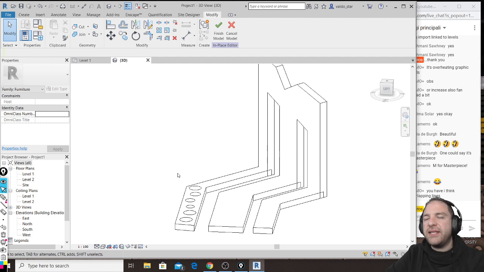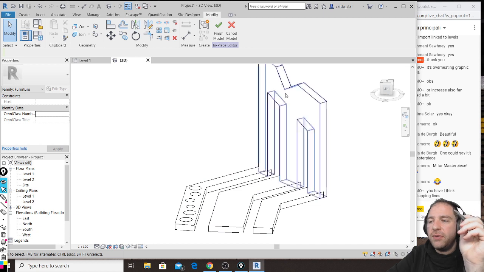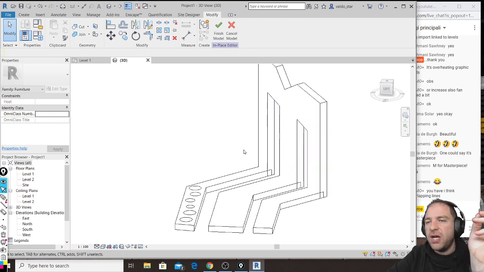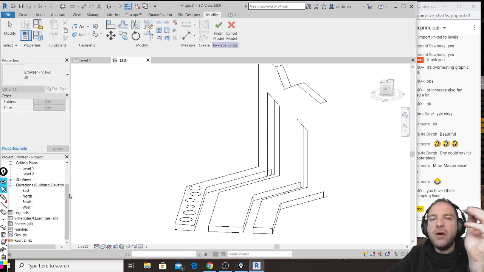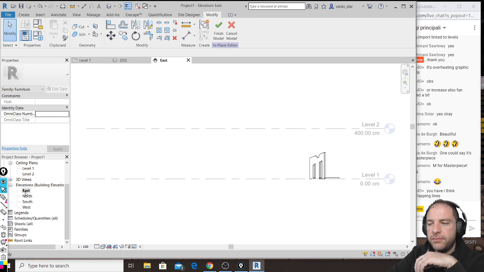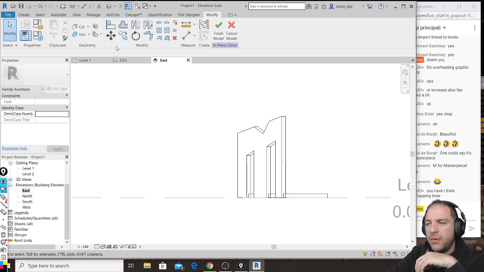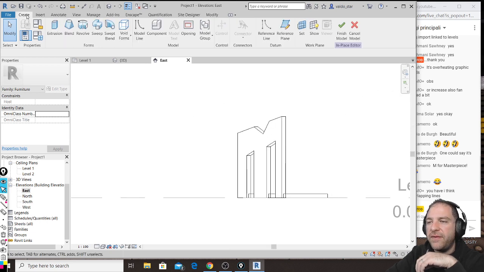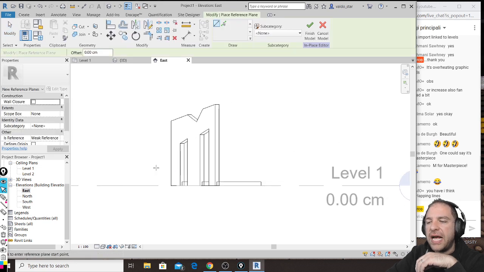I want to make some additional shelves inside this, because remember, this should be a bookshelf. So, just to show you levels again, this time I want to make horizontal planes. I will first go to my elevation, go to Create, and add some new reference planes. I make at least two of them,